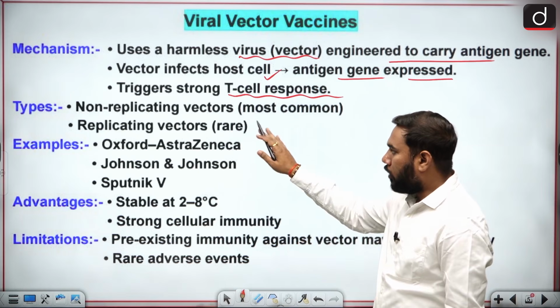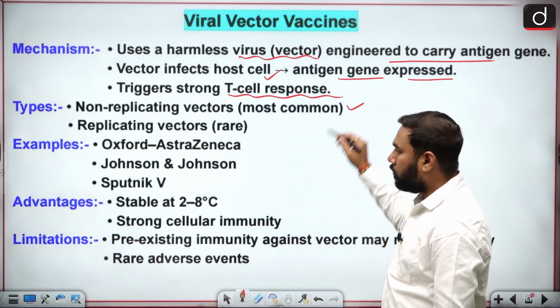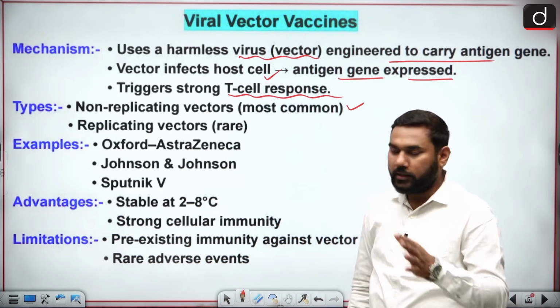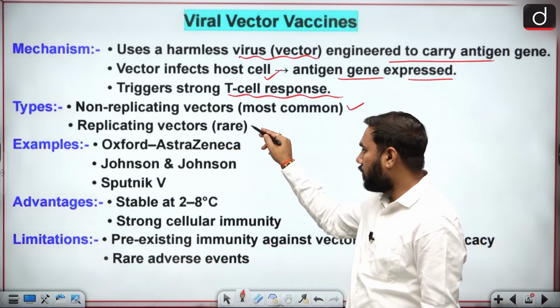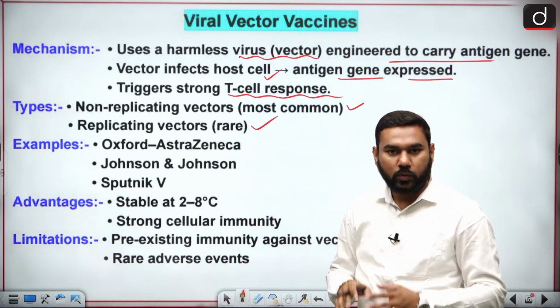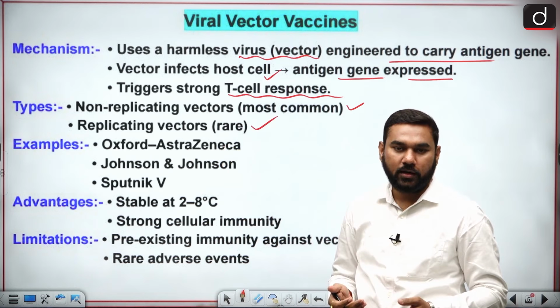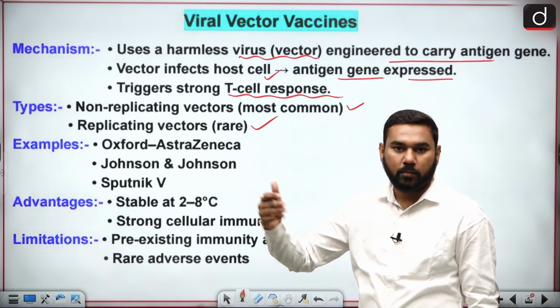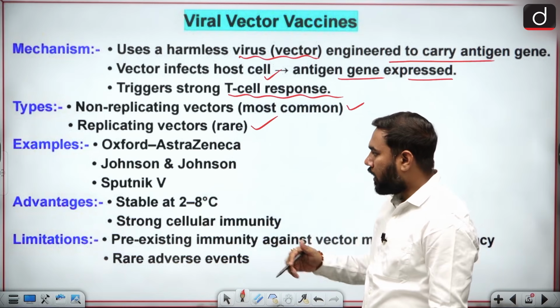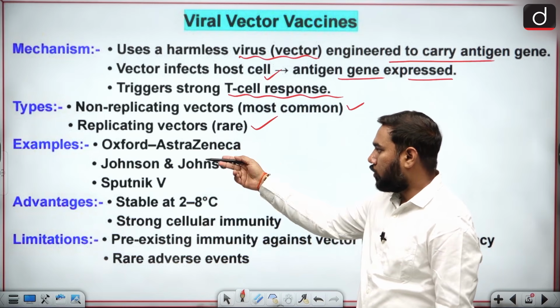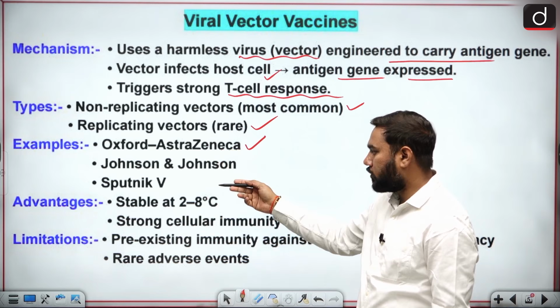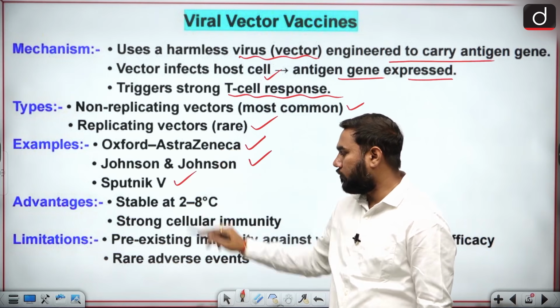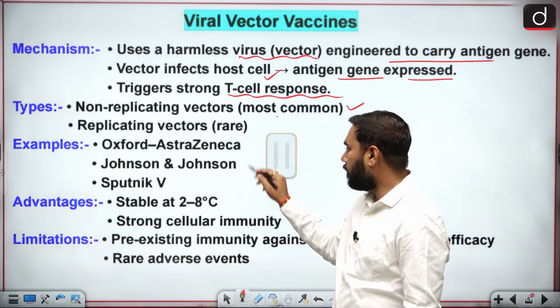Types: there are non-replicating vectors, which are most common, because we put the whole virus into it, and replicating vectors, which are rare, meaning less virus can be replicated directly, and they basically infect the cell, and lots of cells can be infected again and again. Examples: the Oxford AstraZeneca, Johnson & Johnson and Sputnik V, they all are using